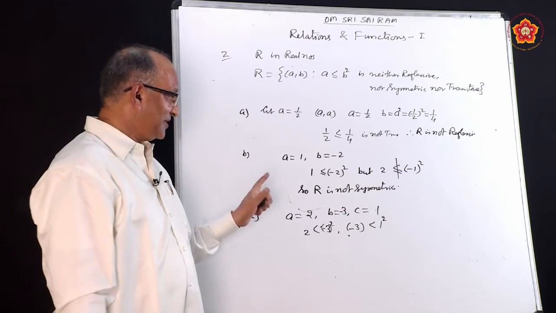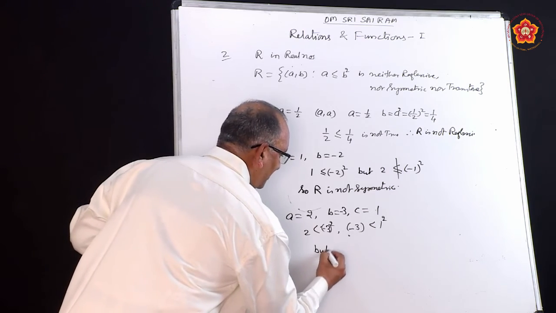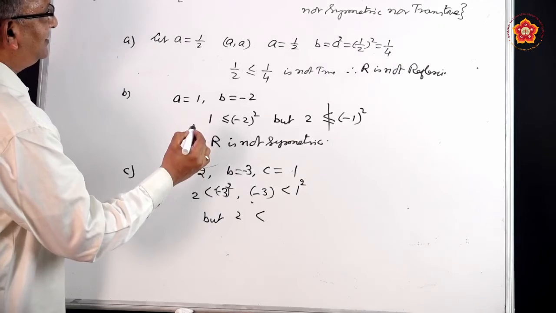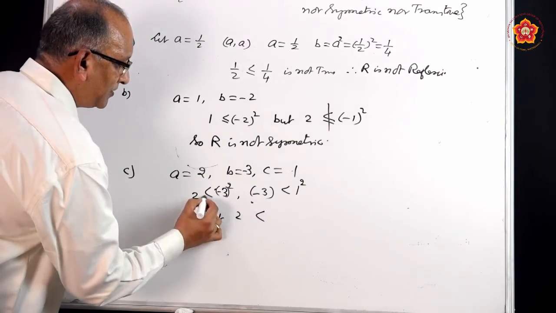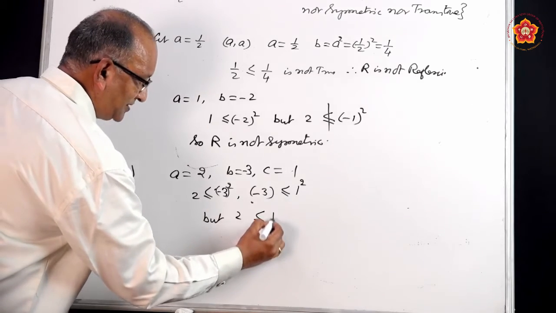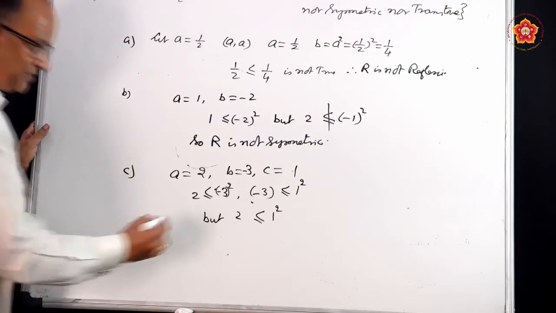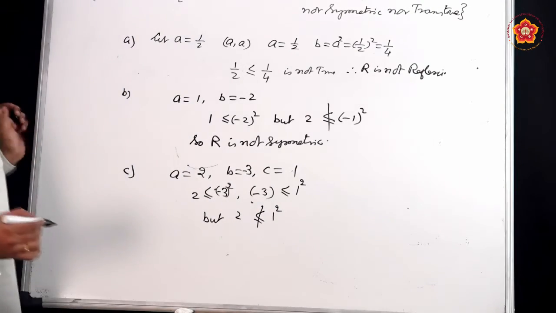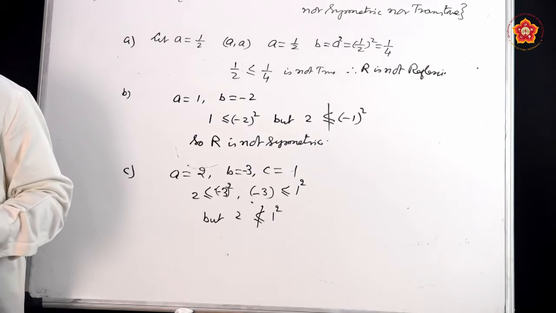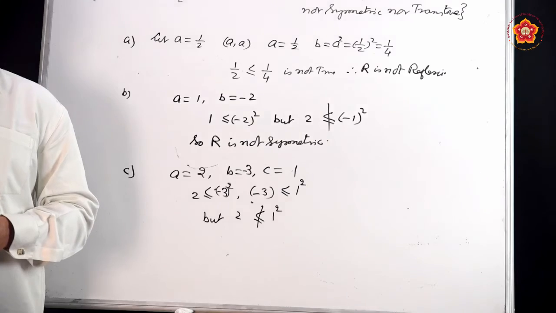Now check for the first one and last one. Can we say, but 2 is not less than or equal to, it's only less than, less than or equal to 1 square. But 2 is not less than or equal to 1 square. So, this is one example to confirm that the given relation R is neither reflexive nor